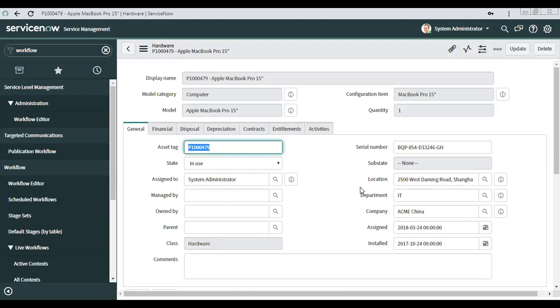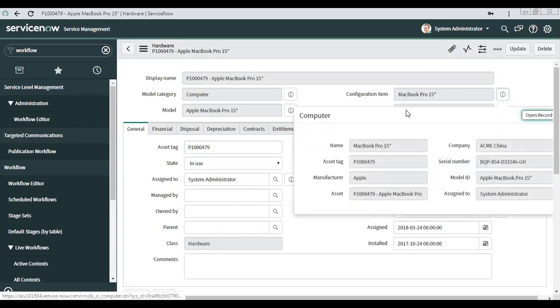But how is this configuration item written here as MacBook Pro 15, with no number attached? This is the name getting displayed, linked through the relation. They have provided the name like this, so it is getting displayed. On the CI, they have the asset tag as well. Okay, so it's something like whatever name you provide.